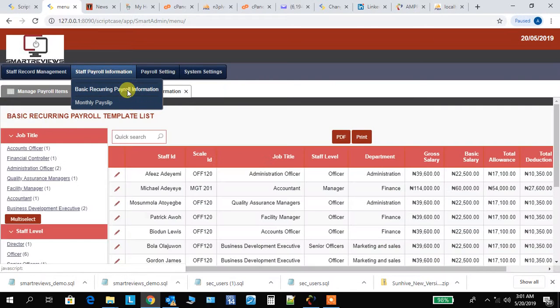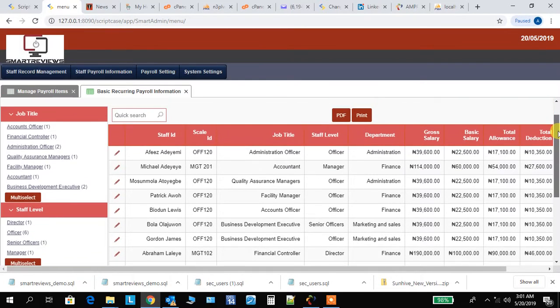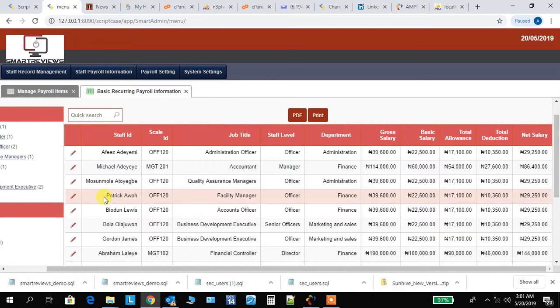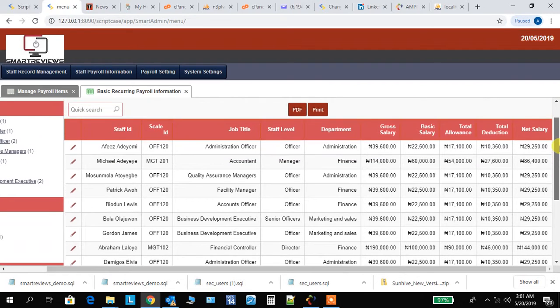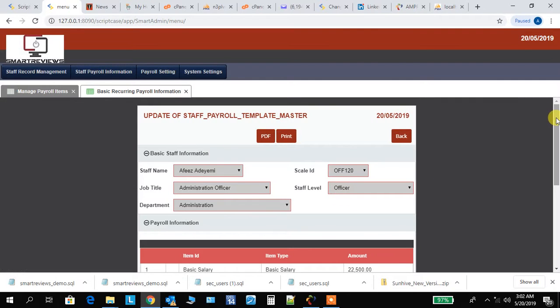For example, under the basic payroll, once it is run, it produces a grid that looks like this, where you have the individual staff, and then the components of the items here. So you can have the gross salary, the total allowance, total deductions. But if you want to look at the details of what makes that up as a regular salary, just click on that button, and then you can have a sample